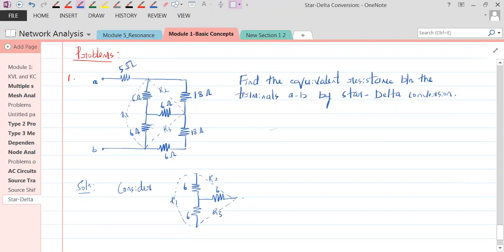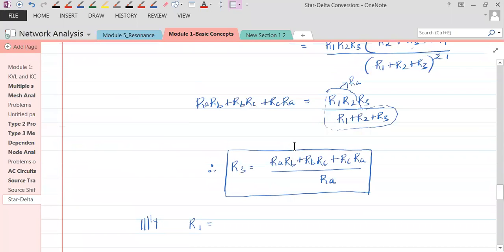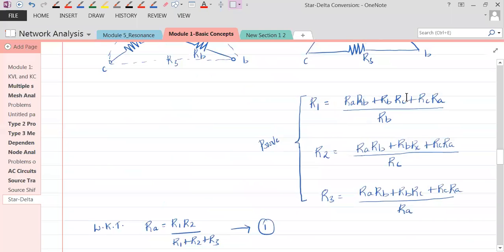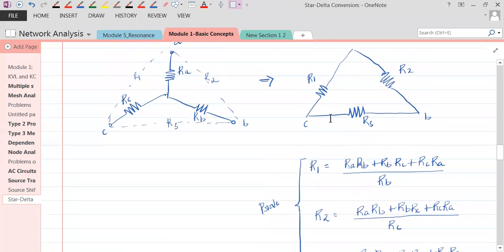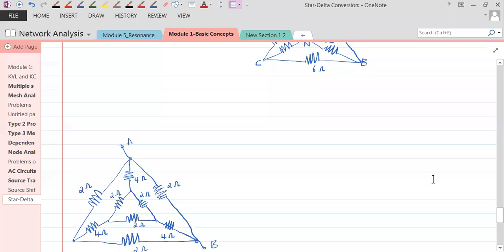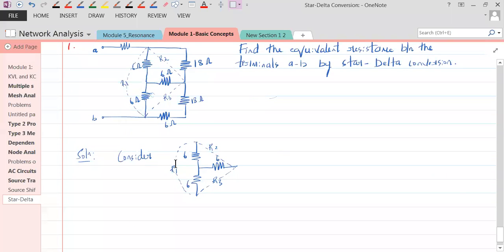What are R1, R2, R3? What is R1? Let me go back. You have to remember this equation. See here, R1 is the sum of the product of all resistor pairs, divided by the resistance. Which resistance is that? If you want R1, see which resistor is perpendicular to this. So you need not write the equation here. You can directly write R1. Since all the resistors are same, I can write my R1 as